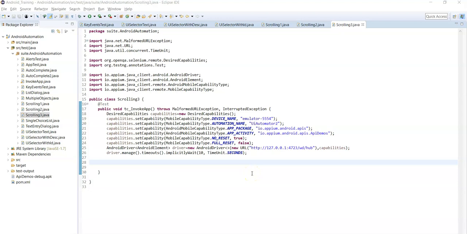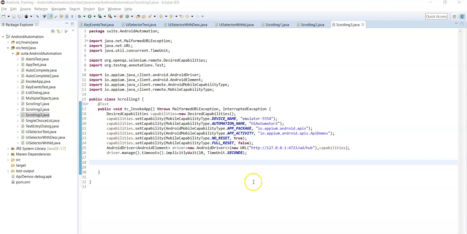In this lecture, let's see how to scroll to the particular element using scroll into view method. This is the simplest approach to scroll to the element because you need to provide only one parameter inside the scroll into view method. That is a locator of element where you want to scroll. So you need to pass only one parameter, that is a locator of element where you want to scroll.